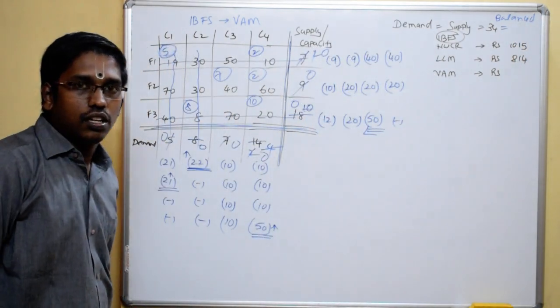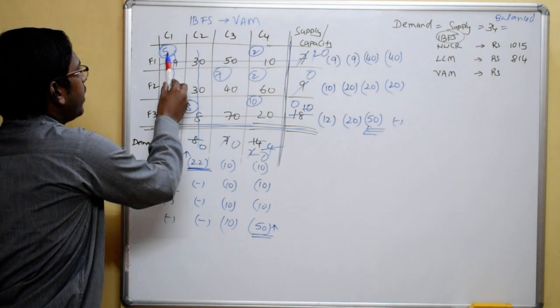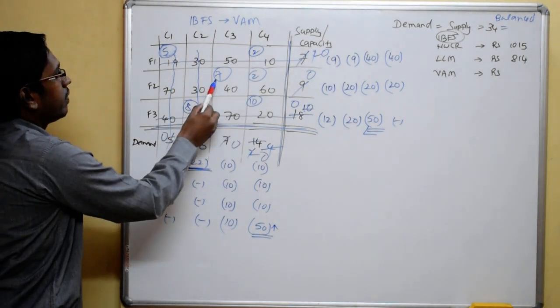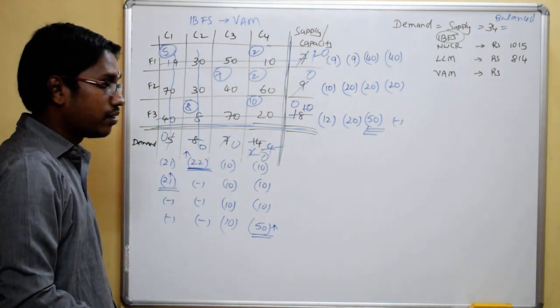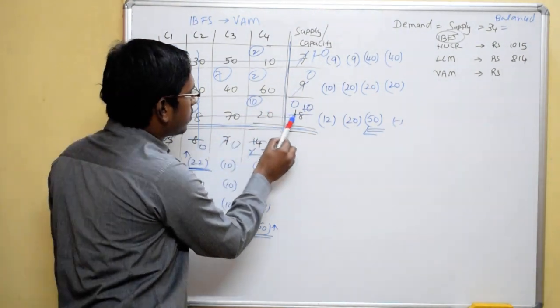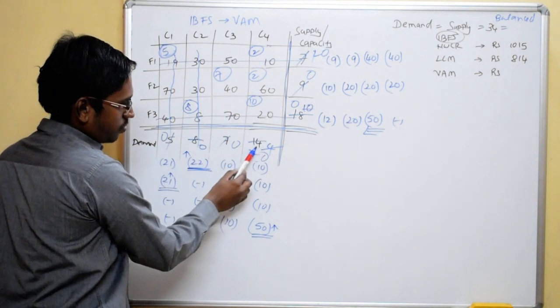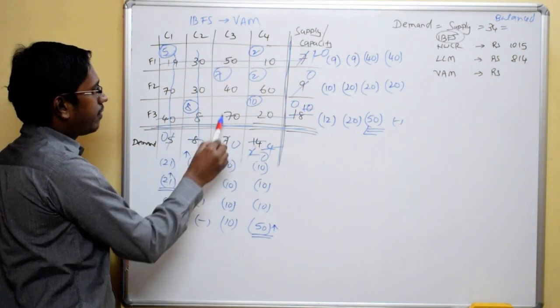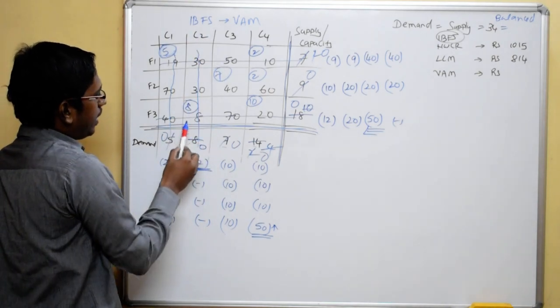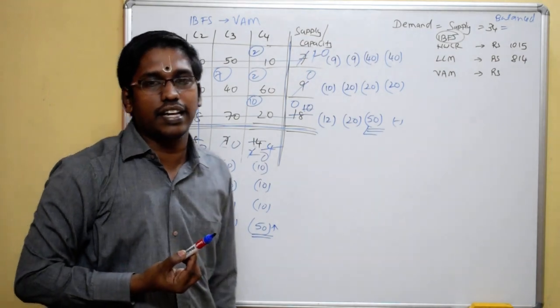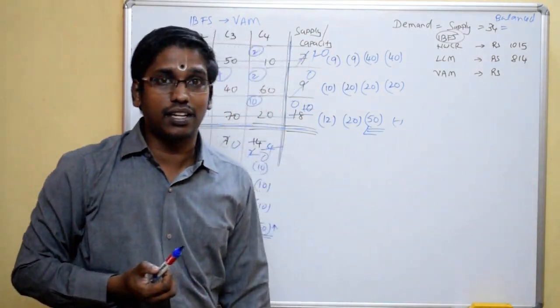balanced one. Look at the numerical once more. 5 plus 2, 7, the original question. 7 plus 2, 9. 8 plus 10 is 18. Come column wise. 2 plus 2, 4 plus 10 is 14. 7 is here. 8 is here. 5 is 5. Which means you have not lost anywhere on your allocations, and your allocations are right.